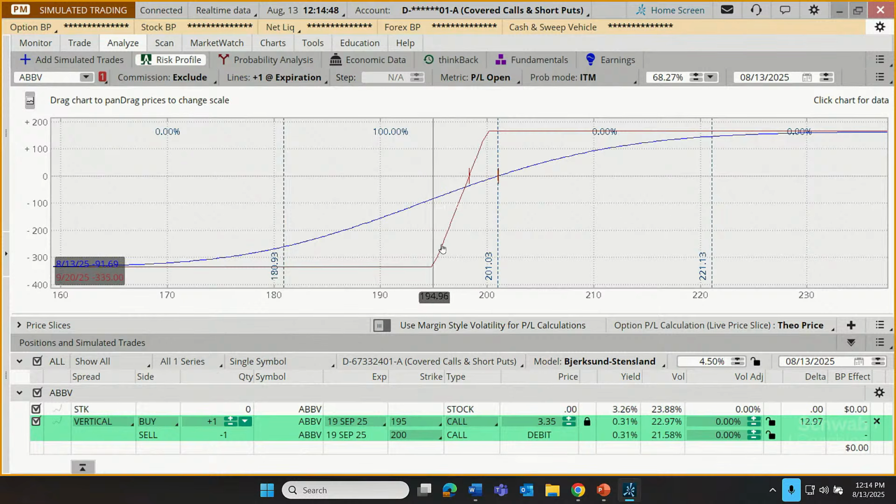And in between is that break-even point. As a matter of fact, the break-even point on a trade that has $1.65 of reward potential is going to be $1.65 below that maximum gain area. So 200 minus 1.65 takes us down to the break-even of 198.35.